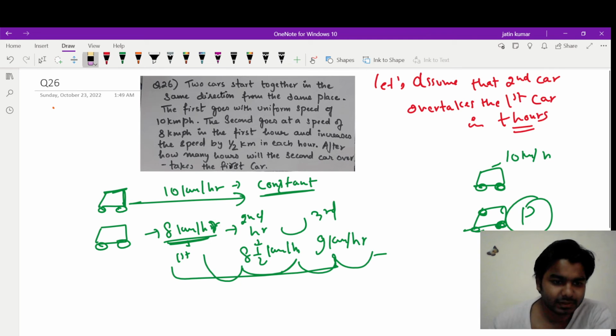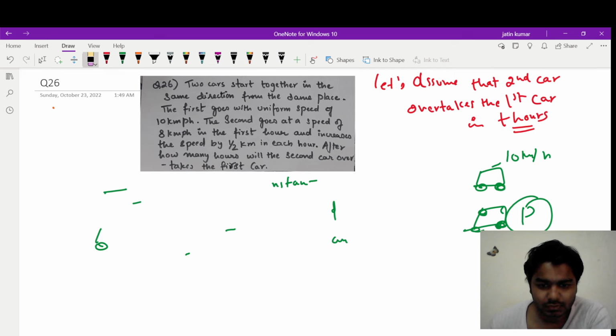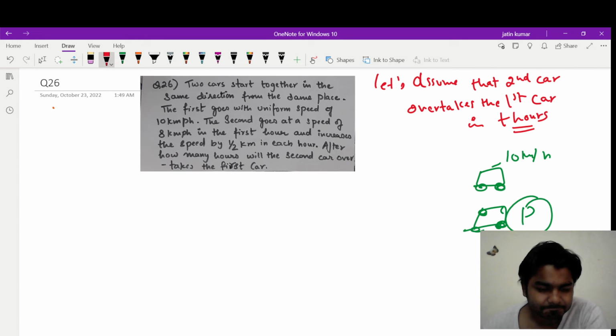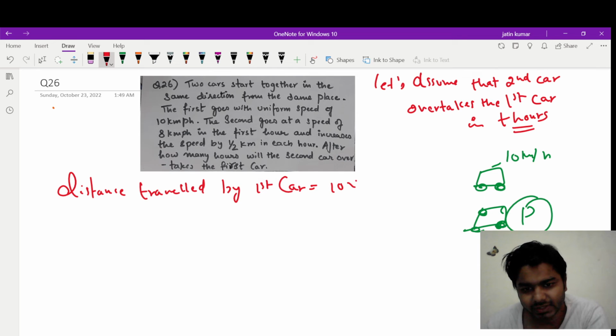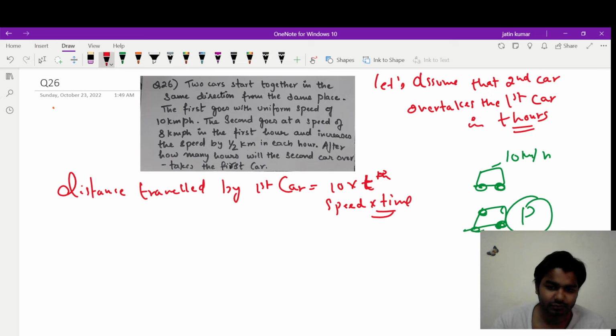And the distance traveled by the first car is 10 into t. Everyone knows speed into time is distance. If it overtakes the car in t hours, then up to t hours the first car would have traveled 10 into t. And the distance traveled by the second car will be,